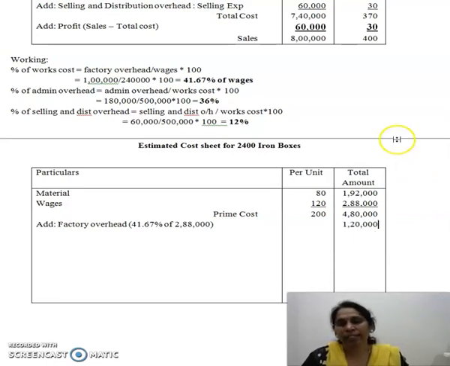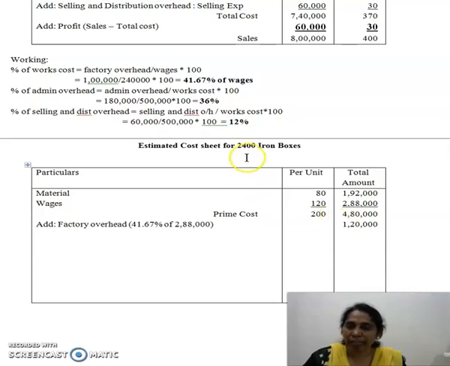You can ask, ma'am, it is coming 1,20,009 rupees 0.60 paise, shall I take 1,20,010 rupees? No problem. But the percentage is actually 41.6667%. Then surely it will come as a round figure. So I am going to take it as a round figure. Even if you take 1,20,010 rupees also, there is nothing wrong. But the figure is very near to a round figure, that's why I am taking 1,20,000.